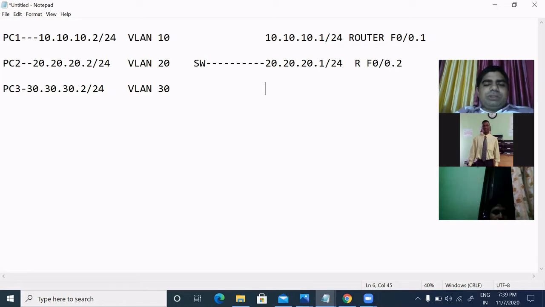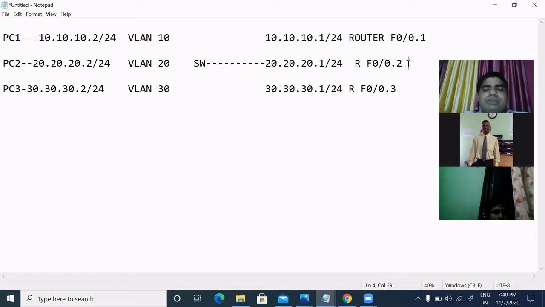On router 3, for PC3, we will create a gateway 30.30.30.1 and we will assign this IP on the router sub interface. So you can create as many sub interfaces as you want on a router interface. When we do the practical, it will be clear how to create this sub interface, and we need to assign an encapsulation type, which will be dot1q. So we are going to do these things in the practical. So we will start with the practical.